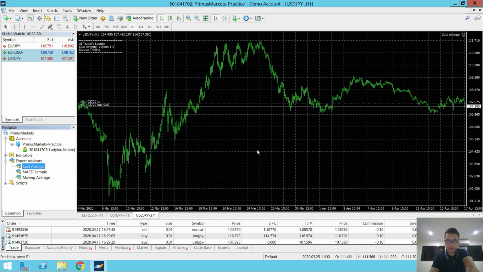And it also places a buy for USD JPY. So I think that's how you set it up. So it's really the risk of the software. You set the risk in terms of how the